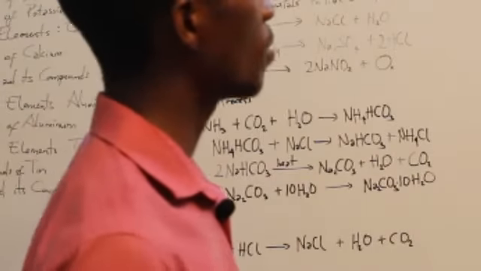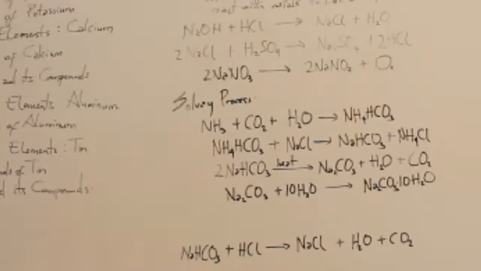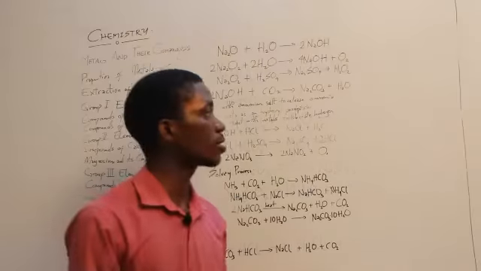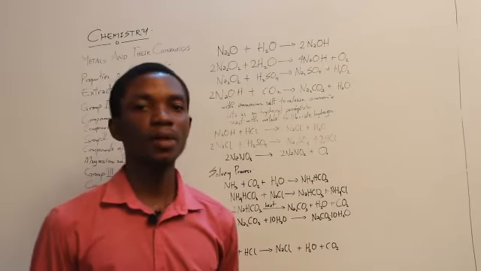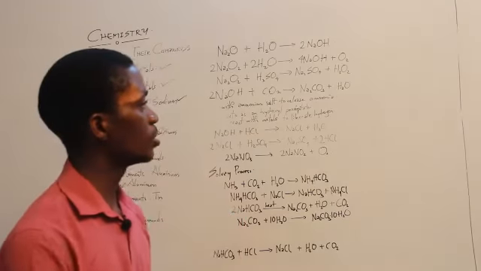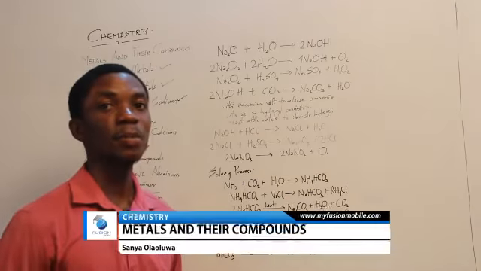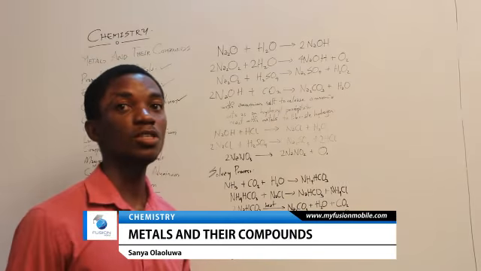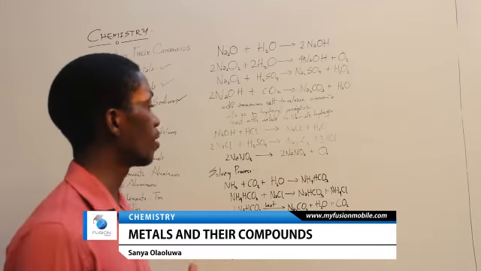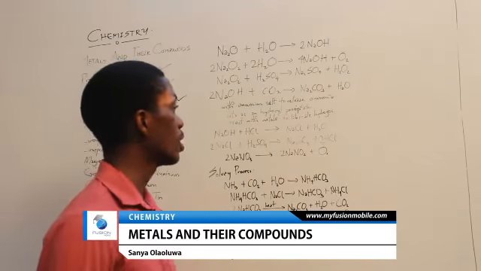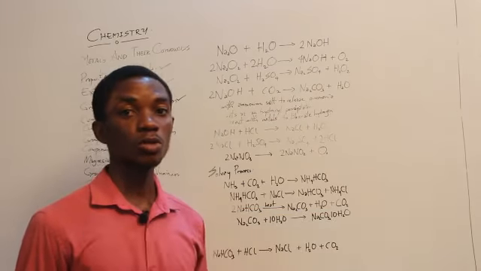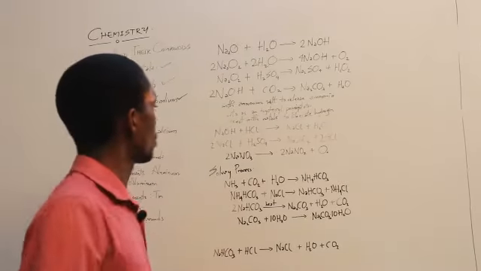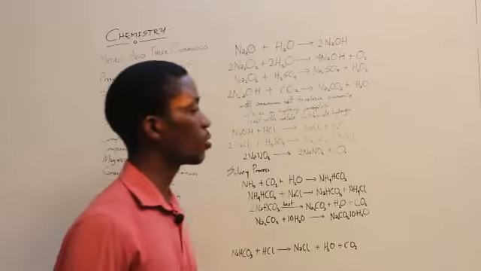Well, let's consider the uses of sodium hydroxide. Sodium hydroxide is used for analyzing and preparing certain reagents. It is used in soap making. It's also used as a bleach for bleaching cotton materials, for refining of petroleum products, and it can also be used to absorb CO2. When you want to take out CO2 in a particular region, you can use sodium hydroxide.